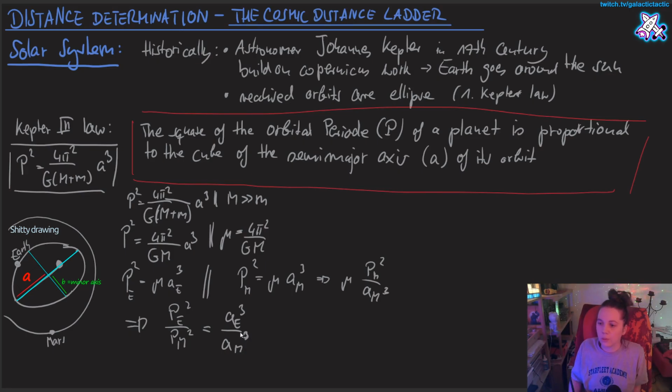What we can then do is, even without knowing the value of the semi-major axis, calculate the distance in terms of how far or close it is to Earth. So we can say the period of Earth, what is it? 1 year. The distance of Earth? 1 AU. We don't need to know how far away 1 AU is to calculate it in terms of Earth.